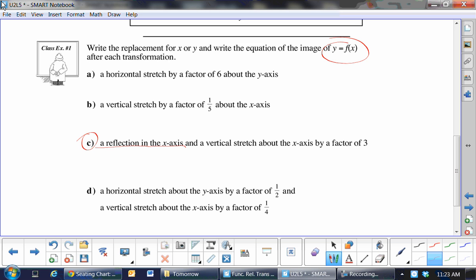That would be the y goes to negative y, and a vertical stretch about the x-axis by a factor of 3, because they kind of mixed up the order on us even. But about the x-axis means is attached to. So vertical stretch, what's the replacement? Y goes to